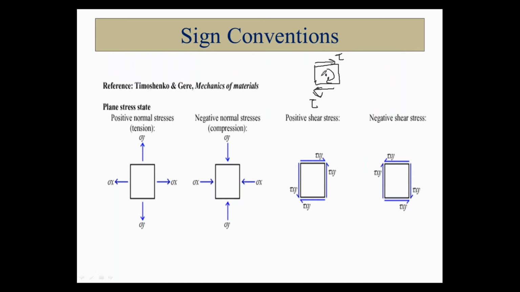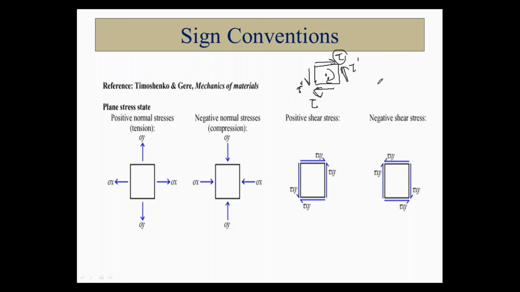But we are considering the equilibrium condition. To bring equilibrium, we have to rotate the part in the reverse direction. So the stresses acting, we have to provide in reverse for the body to be in equilibrium. So we have considered this kind of stresses, let us say tau dash. Here also it is tau dash, here also it is tau dash.